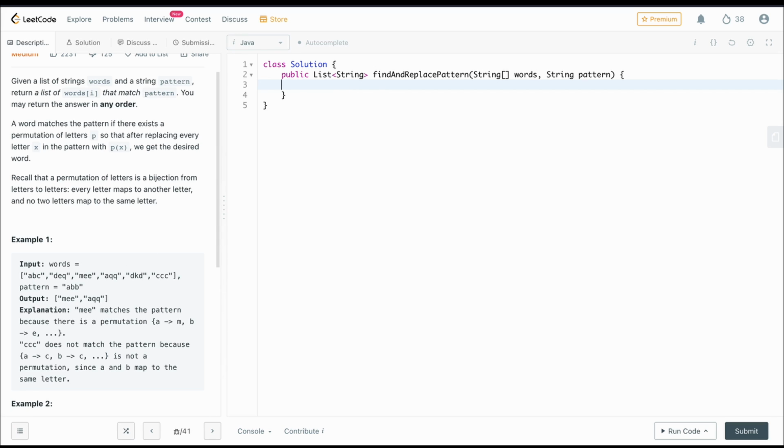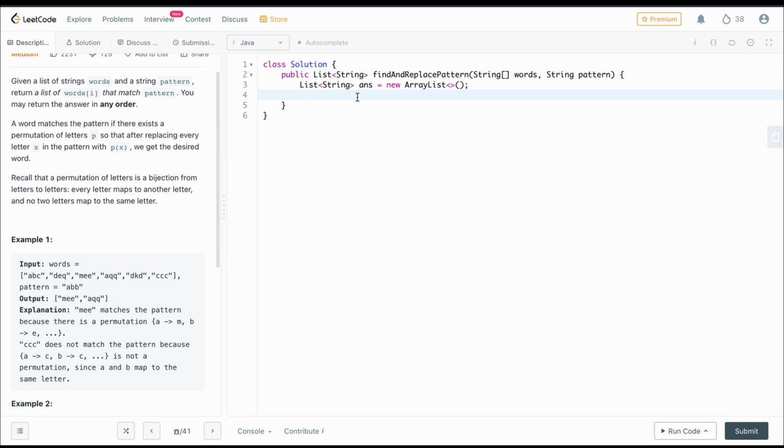We want a list of strings as our output, so let's create that: List of String answer equals new ArrayList. This would be our answer. We are also given that the length of the pattern string and the length of each word are the same.